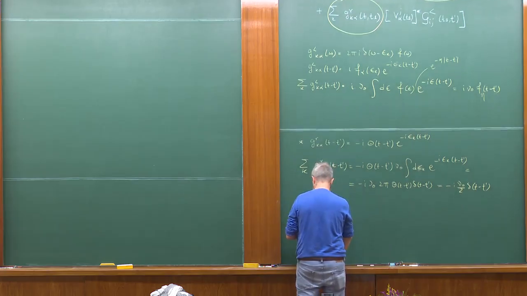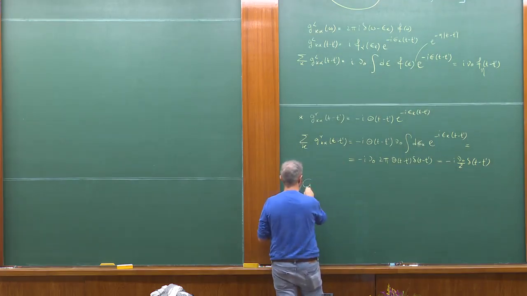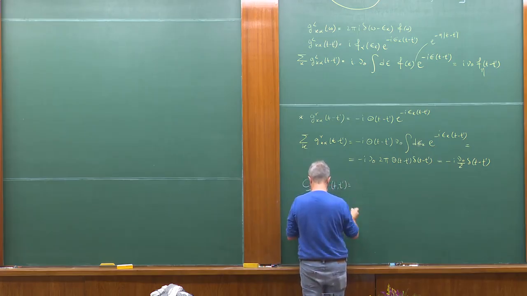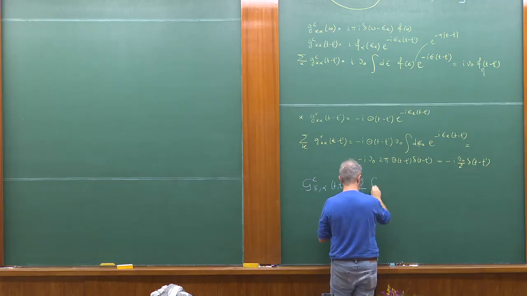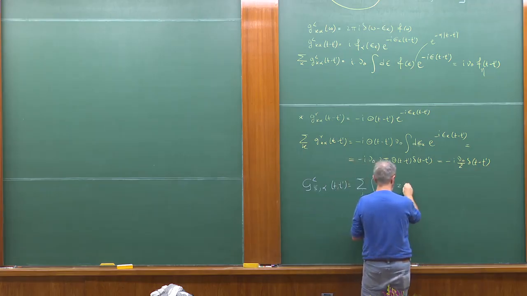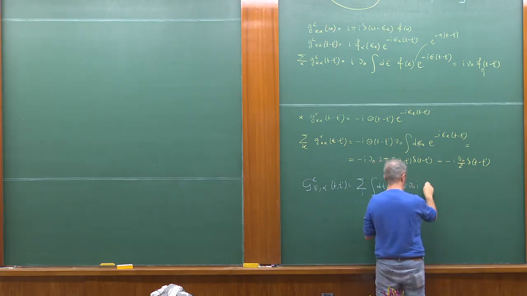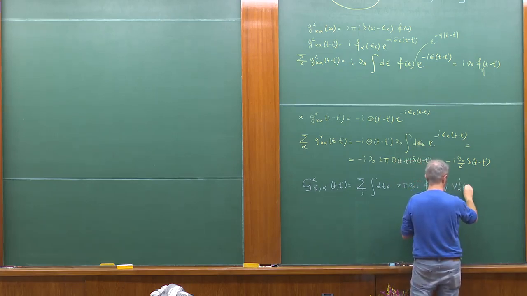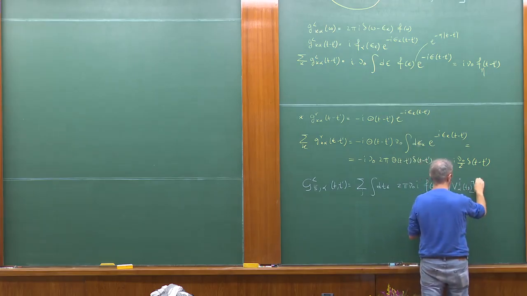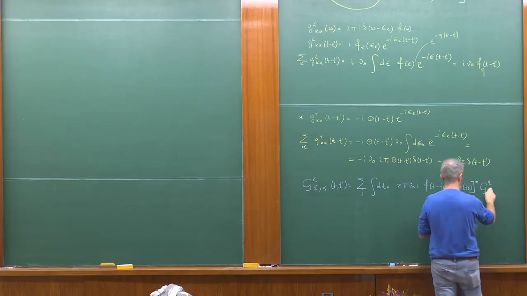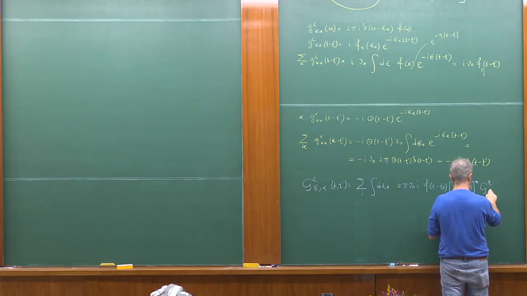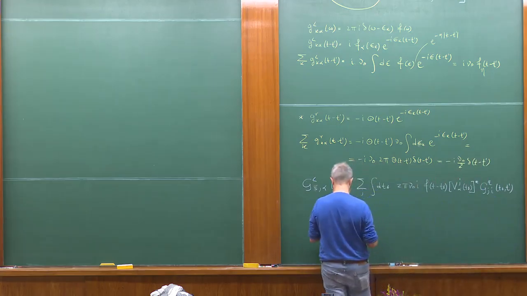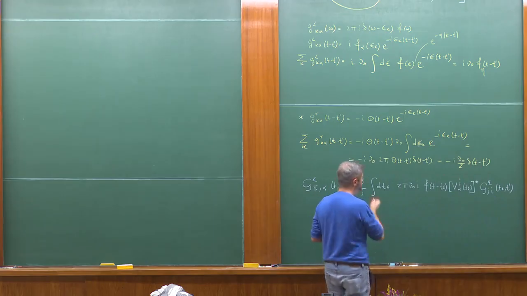So what we're going to get is that our G lesser K I alpha dt prime is equal to sum over J integral dt1 of 2 pi density of states I f of t minus t1, and then I will have bj alpha t1 star g advanced ji t1 t prime, and then plus, or actually minus, the minus comes